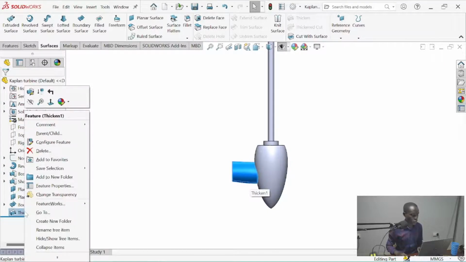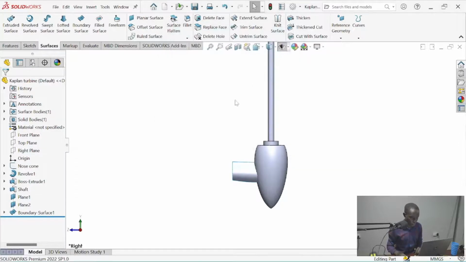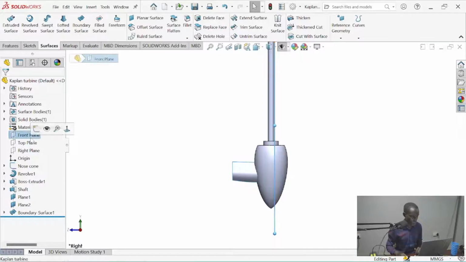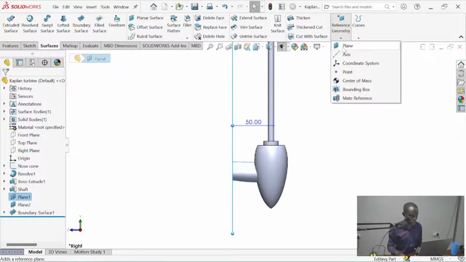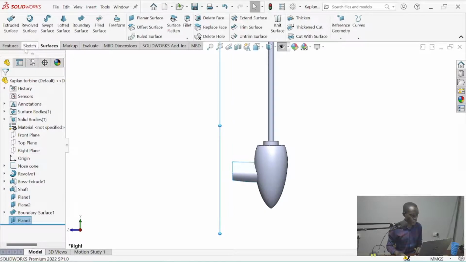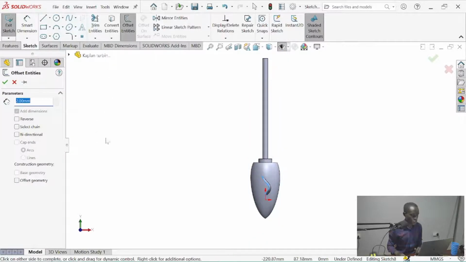Before even thicken, based on the front plane, okay, based on that plane, plane 1, add an extension, let's see by there. Then we sketch on it, and then that reference will convert.